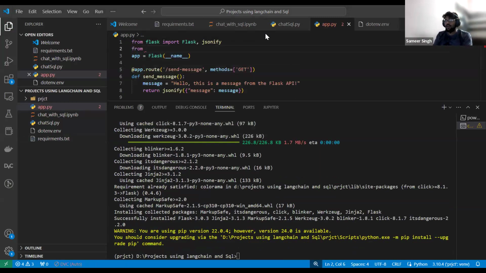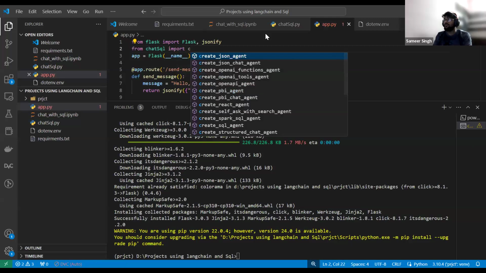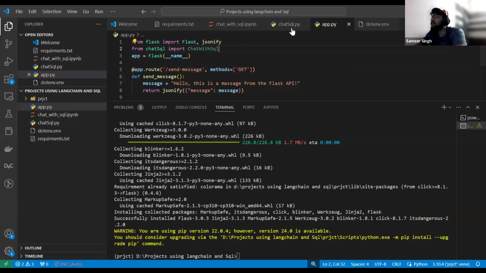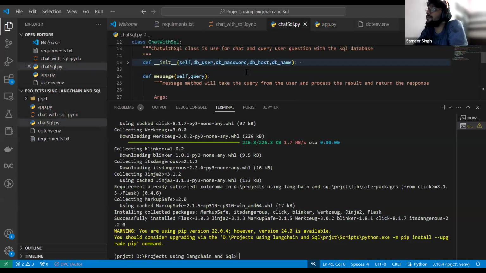From chat with SQL, I would like to import the class called chat with SQL. Yeah, this is the class, right?